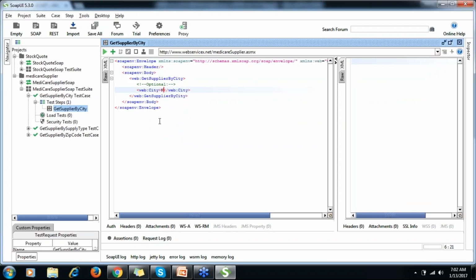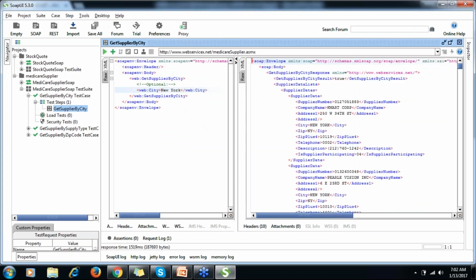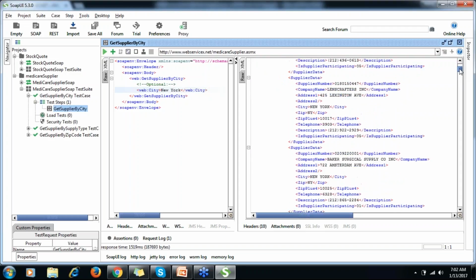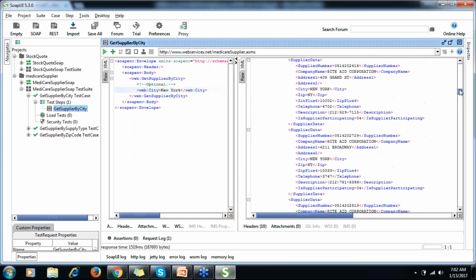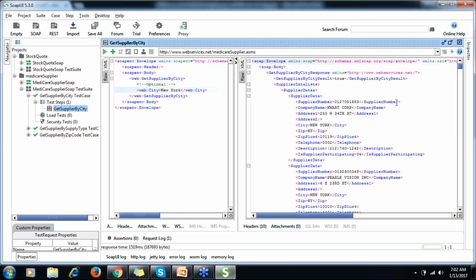And if I put here New York, and if I send a request, I should receive a response, and here is my response, team. A lot of data is there. So if you see, there is a tag named supplier data list.